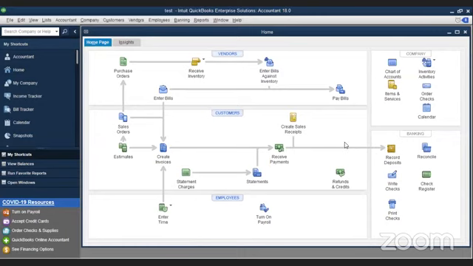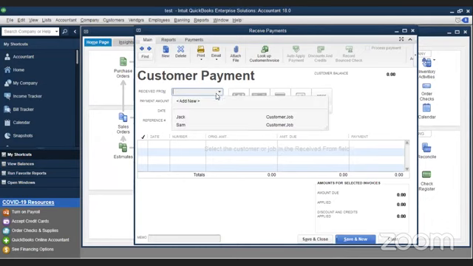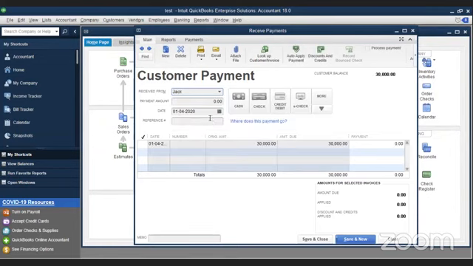Similarly, I sold something and he's going to pay me. So here it will be receive payments. You click receive payments. It's going to be received from, we'll say Jack this time. He owes me 30,000, and he has sent me a check for 10,000. So in this payment field, I have to update it as 10,000.